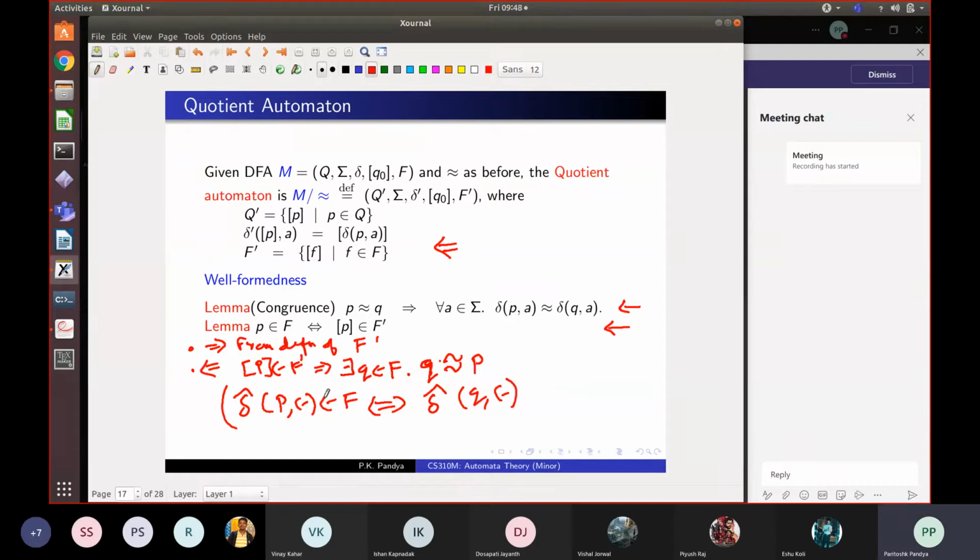I think this epsilon and belongs to are getting confused. This is belongs to F, right? But delta hat of P on epsilon is the same as P. So that means P belongs to F if and only if Q belongs to F. And since we started with Q belonging to F, this implies that P belongs to F. So we have proved this implication in the reverse direction. So I think we have proof of these two simple properties of this equivalence that we have defined, right?